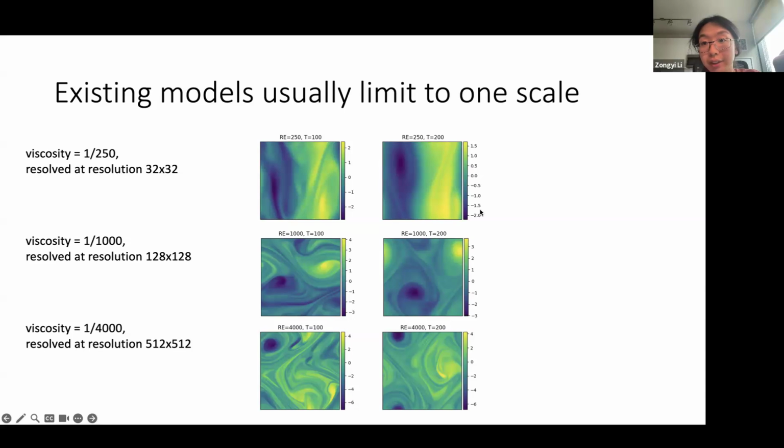For the example of Navier-Stokes equations, the scale is really described by the viscosity or the domain size, both of them describing the Reynolds number of the problem, right? For simple, smaller scale problems, usually a low resolution grid is sufficient. For higher Reynolds number, usually we need a higher resolution grid. And it's expensive to compute the dataset at higher Reynolds numbers. So the question is, can we train on lower resolution, lower Reynolds number datasets to generalize and extrapolate to higher cases?